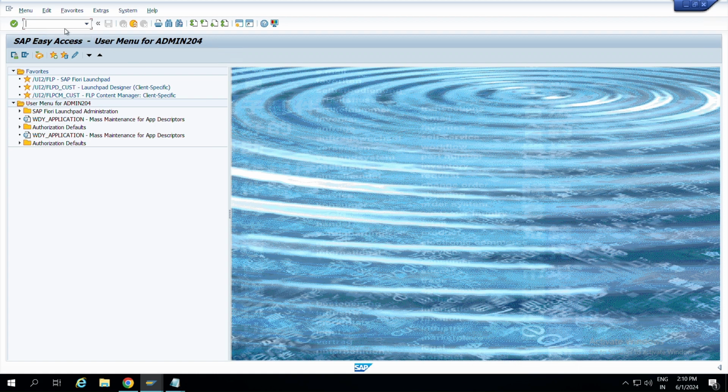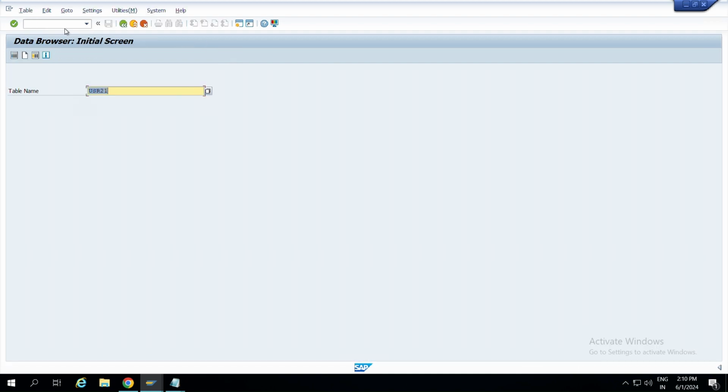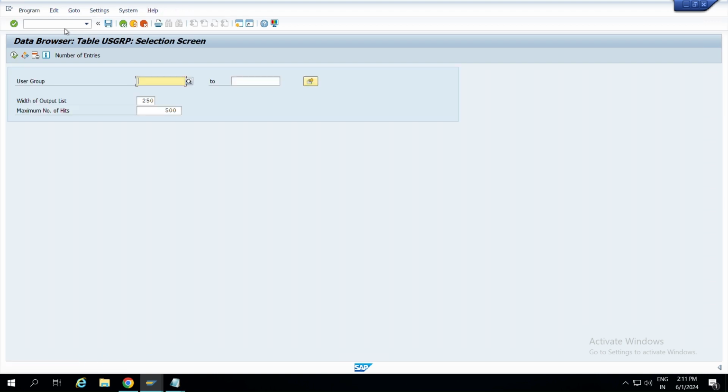You have other tables also, like USGRT, USGRP. This is user groups. Let me show you.